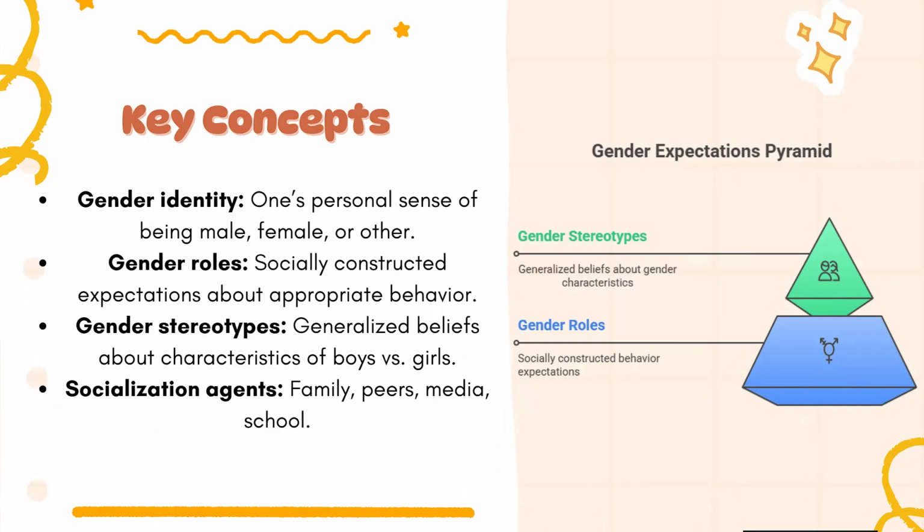These stereotypes become invisible walls around children's abilities. These statements reflect stereotypes that shape children's behavior, their confidence, and even their future choices. When children internalize such messages, they start limiting themselves not because of their abilities, but because of what society expects from them.